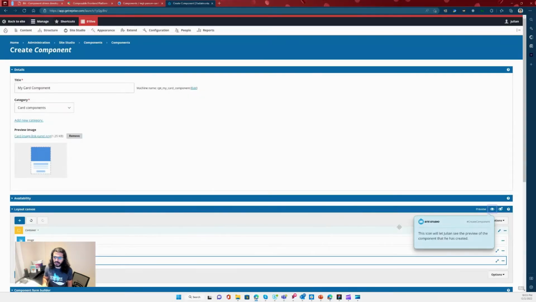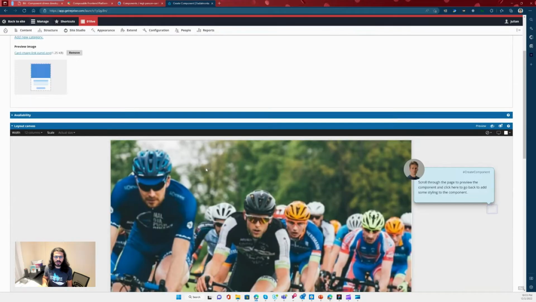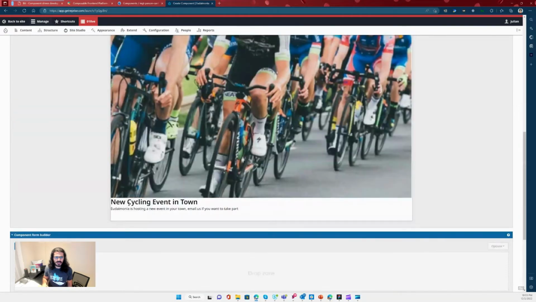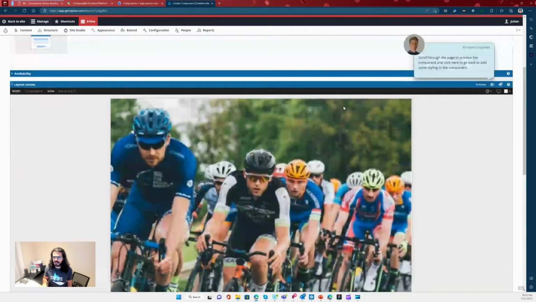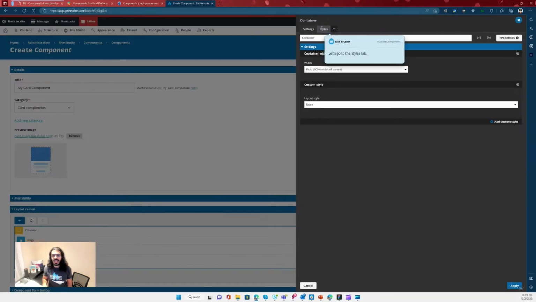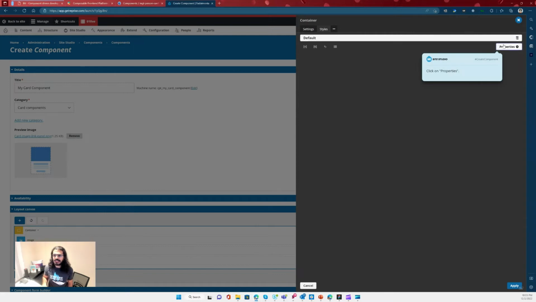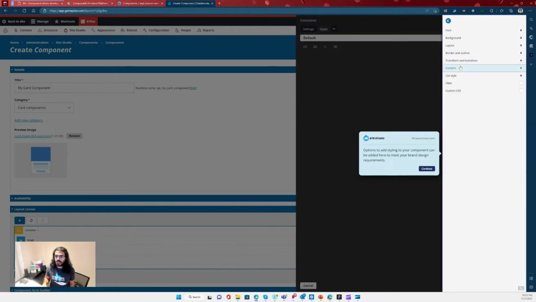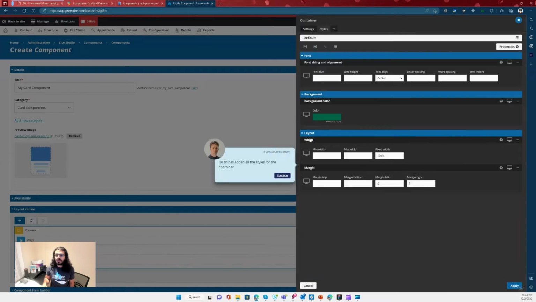One thing that's pretty neat, I think, here in Site Studio, again, I'll just show it here. When I preview, it looks kind of ugly because I see here I'm missing some padding. I'm missing styling in general. So I can go back to my normal mode and then go to my container. And you'll see here I have that ability to go in and add styles. And one thing that's great here, which they've done, is that they've added these styles. Either you can go in and say custom CSS, but that's not the default. Default is based on your design system, what you've defined as your design system items. You can go in and change it or use from these predefined set of styles that your admin or your